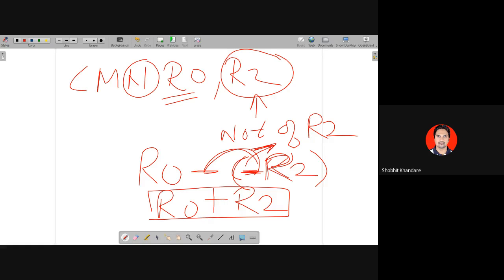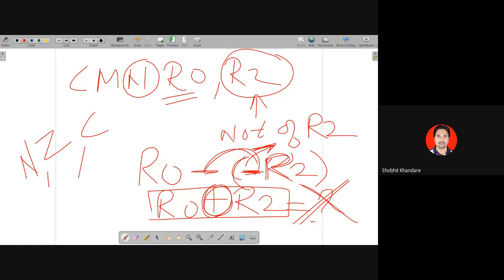CMN adds a register or an immediate value to another register and updates the condition code. So adds is the important word, add. लेकिन वही बात है कि I am not interested in the result. इसका क्या रिजल्ट है? I am not interested, not at all. I am interested कि मेरा N फ्लैग क्या हो रहा है, मेरा Z फ्लैग में क्या चेंजेस हो रहे हैं, मेरे C फ्लैग में क्या हो रहा है, ओके, और मेरा V फ्लैग में क्या हो रहा है, क्योंकि यही हमारे CPSR में ये 4 ही फ्लैग है. As far as ARM is concerned, we have only 4 flags.